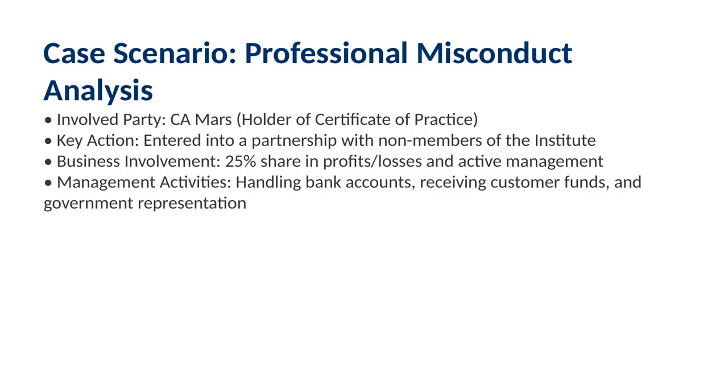The branch is essentially manipulating its books to artificially boost both its advances and its deposits. By encouraging customers to max out their loans to create deposits just before the year end, the branch is inflating its balance sheet to look more robust than it actually is. As an auditor, your primary responsibility here is to verify whether the unavailed portion of credit facilities, such as overdrafts or cash credits, are being used specifically to inflate these figures.